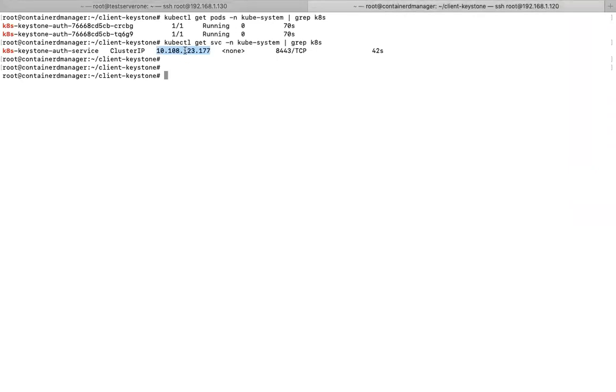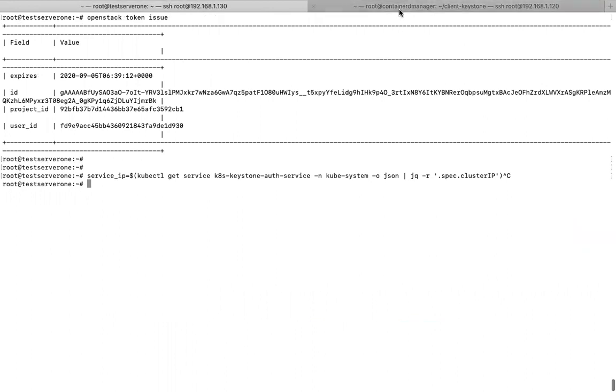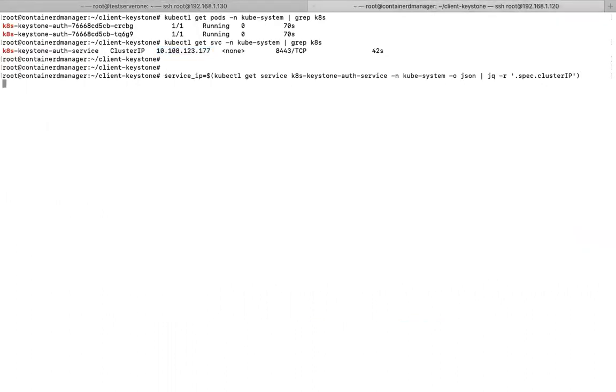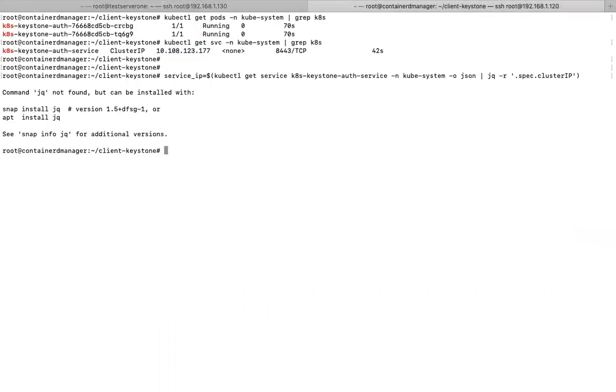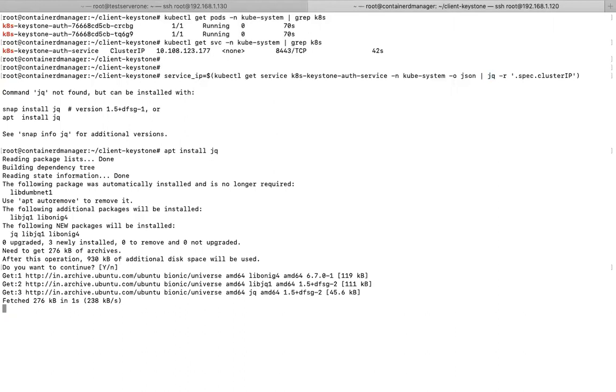So this is the service IP which will be stored. Now, actually, this command should be executed on the Kubernetes, not here. Sorry, my bad. You need to execute it here. If you try to see this, oh, I need to install this particular package called jq. Install that, since you are executing this command and it is expecting jq to be installed.